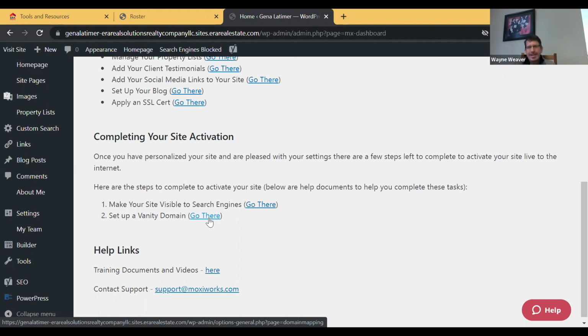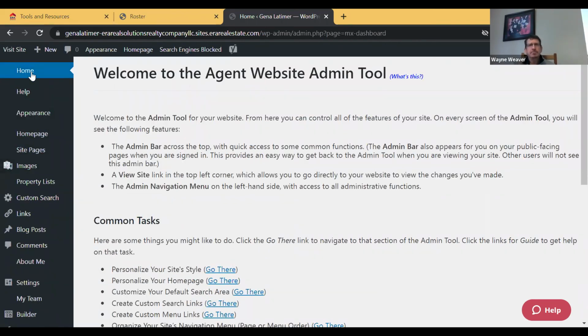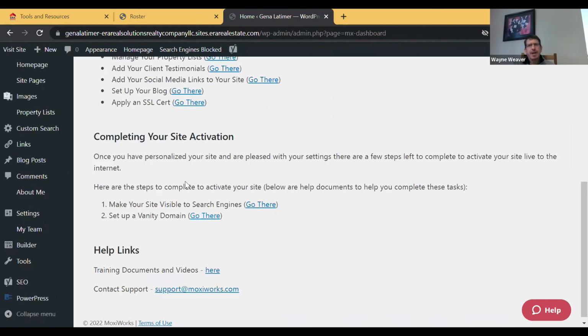But when you are ready to say, hey, I want to use this site, you need to come to this homepage, the website admin tool, and I'm going to scroll down and it says completing your site activation. Number 1 says make your site visible to search engines. Make sure it's out there. If someone Googles you, Google will find it. So if I hit go there,